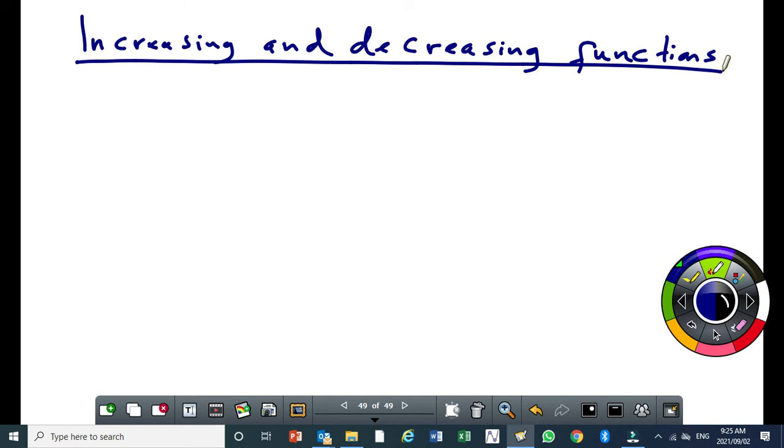Learning about functions, you may need to know whether a function is increasing or decreasing. When we say that a function is increasing, it means that both the x and y values are increasing. Okay? Both the x and y values will be increasing. So the function is increasing